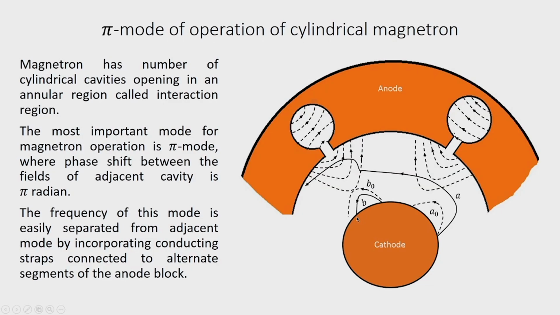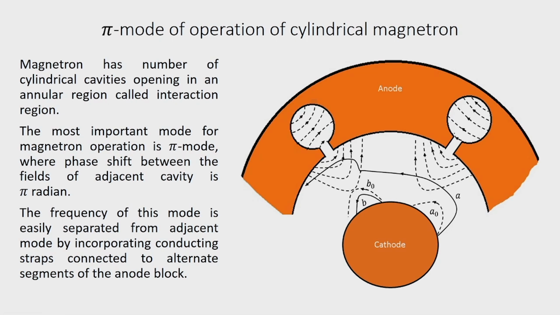So, we see that, in that process this electron following this trajectory B, instead of delivering energy to the field, will extract energy from the field. So, we see that we have both type of electrons, the electrons which deliver energy to the field and electrons which extract energy from the field. Now, this type of electrons following this trajectory B, they are quickly removed from the